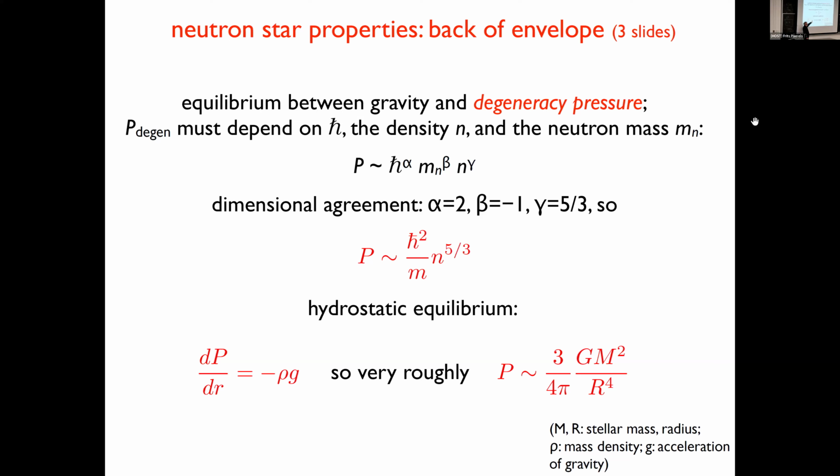Acceleration of gravity, GM over r squared, mass of the star divided by the radius of the star. Physicists usually start screaming at this point, like, you've got this differential equation, you're just going to replace it with an algebraic one. Well, yeah, because it will only take 2 minutes, and the results are surprising. So this is the result of doing that to this equation. And now I'm going to set this equation equal to this one. So the pressure that opposes gravity is going to be provided by the degeneracy pressure. And in that case,